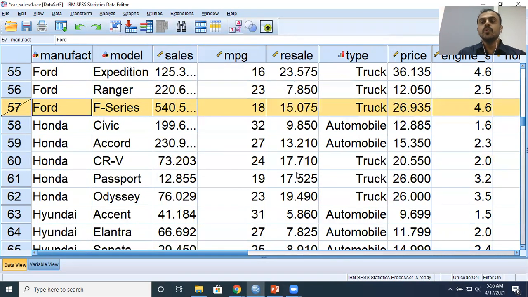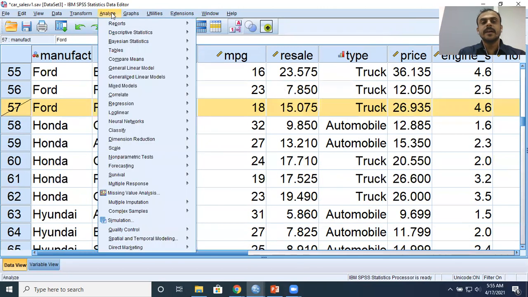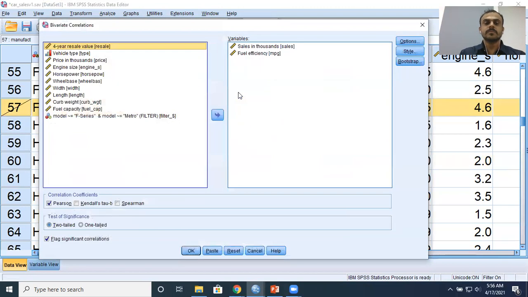Now, what do I do next? What I'm going to do next is rerun my correlation table again to impress upon my audience the impact of outliers on your data set, right? Go to the Analyze menu. You're already familiar with this. Please click on the Correlate option, right? This is the option that we are working on. Within this, you have Bivariate. Please choose this option.